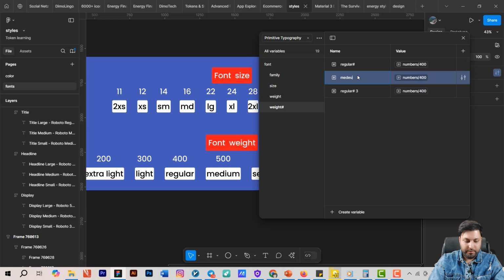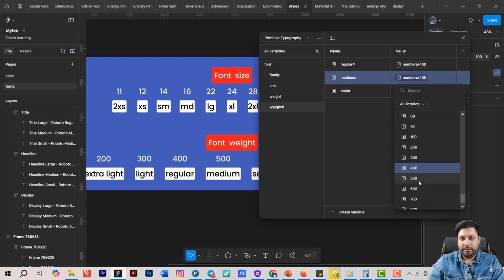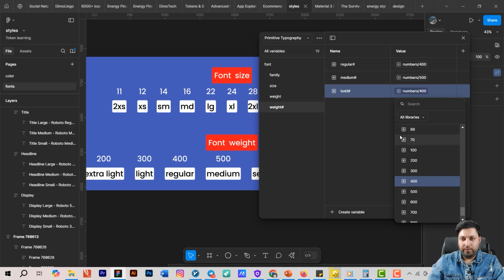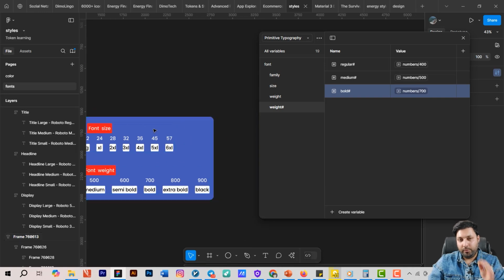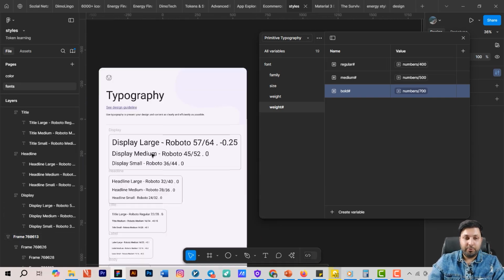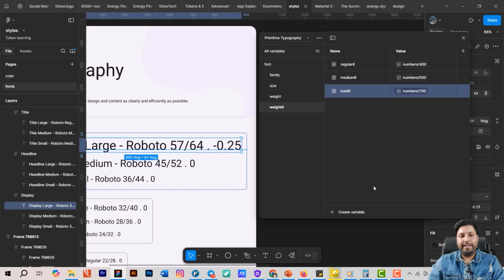Then here we have medium number, and then here we have bold number. Medium is 500, and for bold we have 700. This is it. So you see that each font, guys, has two more things. One of them is